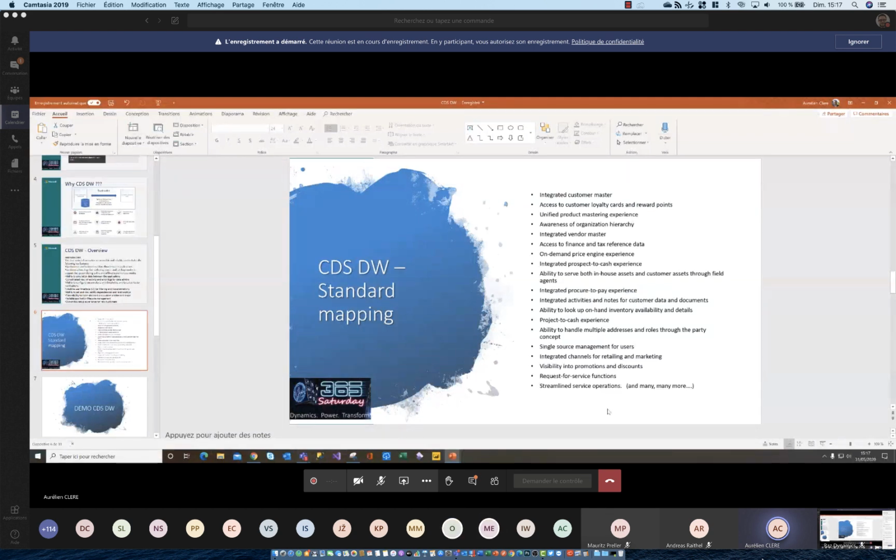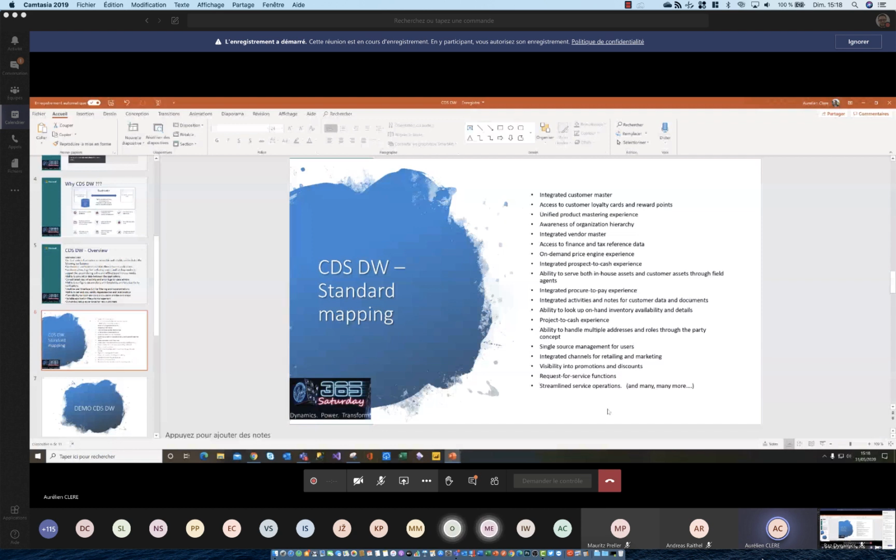And as I said, you can do many more because you can extend it as you want. Of course, your custom data entities, your custom fields. So you can grab the solution coming from Microsoft and just after edit the flow mapping between Finance and Operations and CDS, and also add your custom fields.